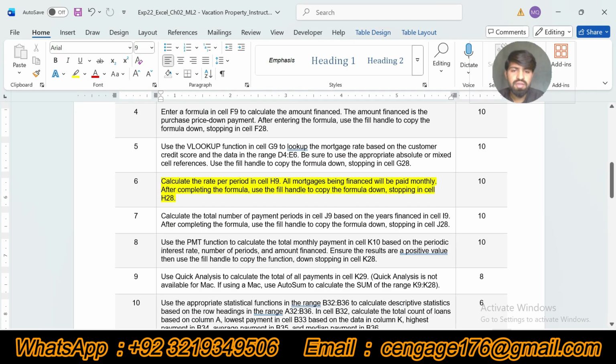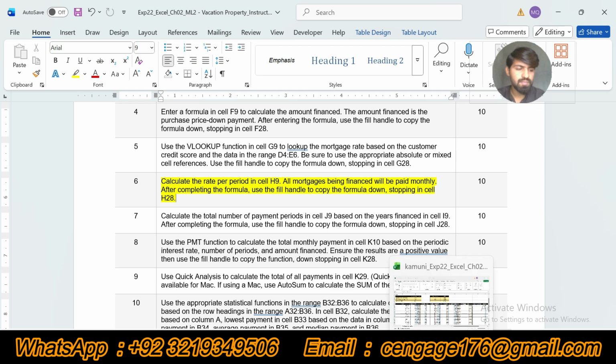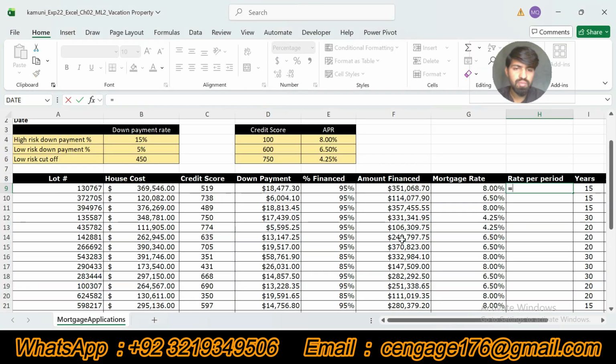Since all the mortgages are paid monthly, select the value of the mortgage rate cell G9, divided by 12, and then press enter. So the rate per period value is found,